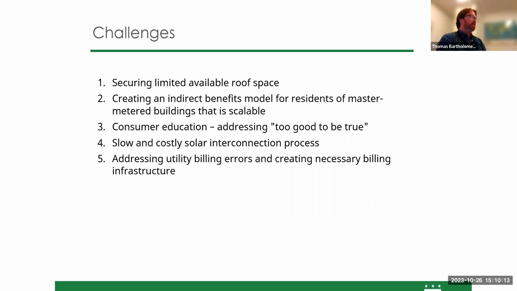Another challenge has been that there are a number of low-income district residents on so-called master meter buildings. It's a little bit harder to provide benefits to them because of that, so we need to ensure that the residents are the beneficiaries as opposed to, say, the housing property itself. So usually what we have to do is create some kind of so-called indirect benefit scheme. The utility bill credits that reduce people's electricity bills are a direct or more direct benefit. The indirect benefit models that we've tried to create or have piloted, we've never been able to make entirely scalable yet. We will continue to try.